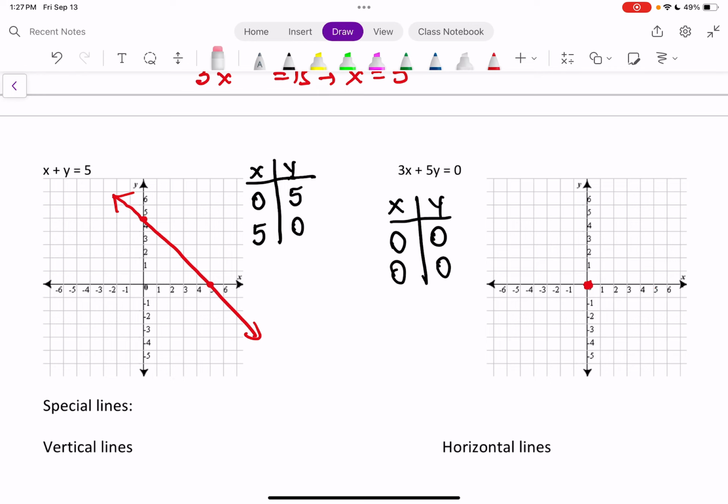Now, we have infinitely many points. Just because we pick zeros to make it easy for us to find the 2 points doesn't mean we can't pick anything else. So you can pick any numbers, right? 0, 0 led us to 1 point only. There are infinitely many points on these lines. Just pick any other number than 0. So if we pick x to be 1,